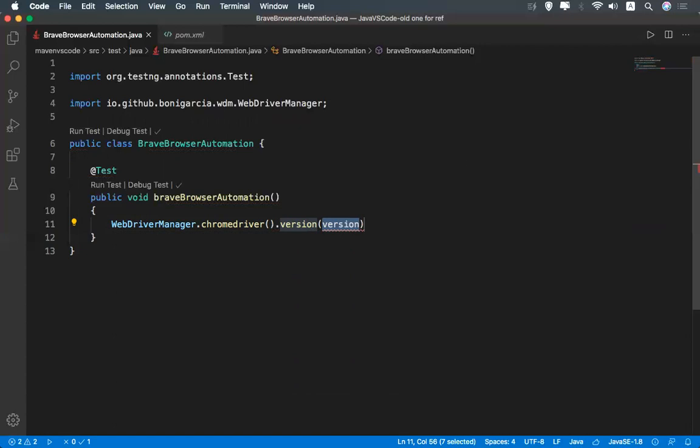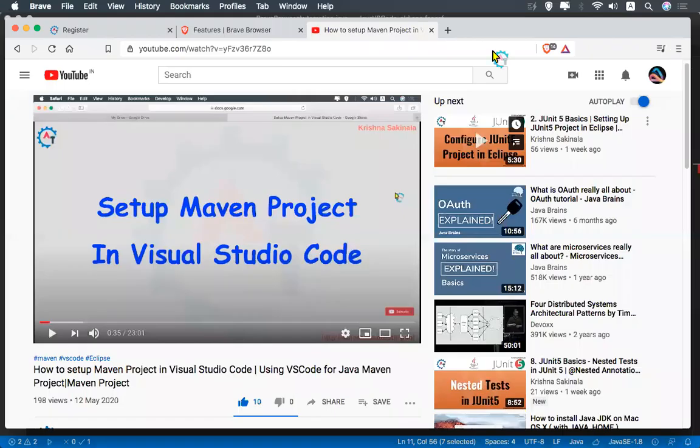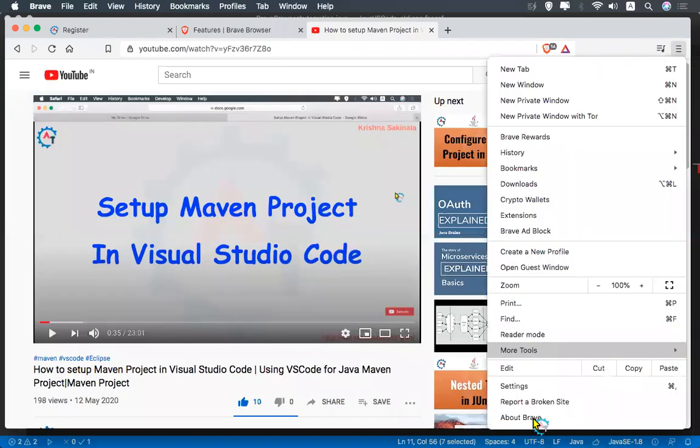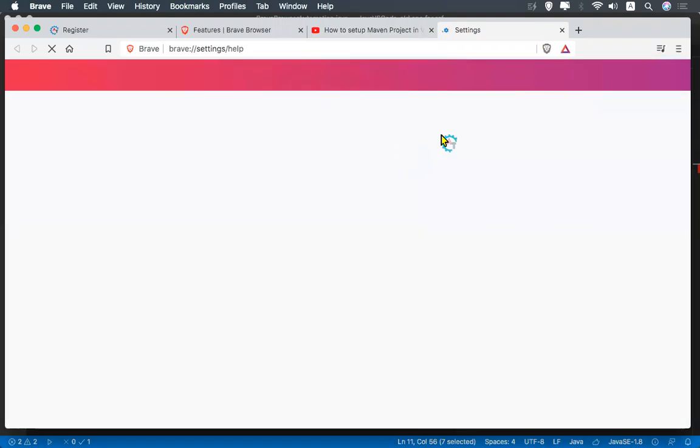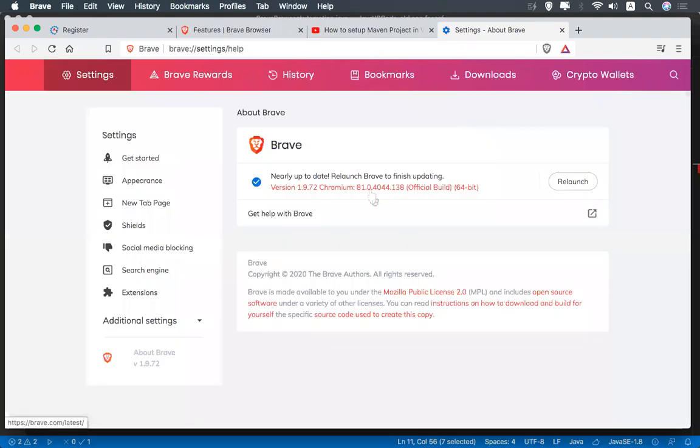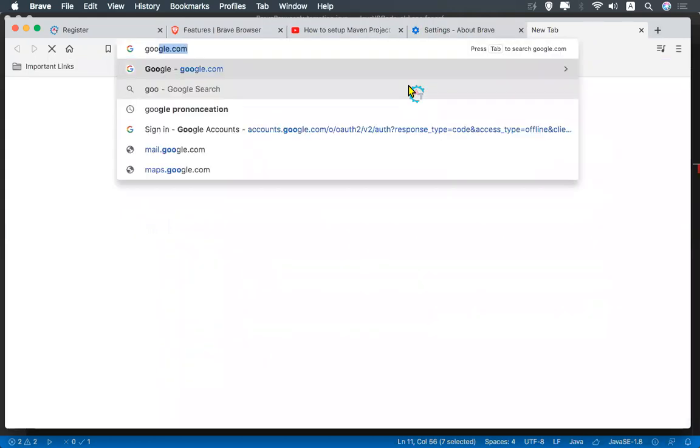As we have seen, in the Brave browser settings, About Brave, it is 81 point something, 81.0.4044.138.